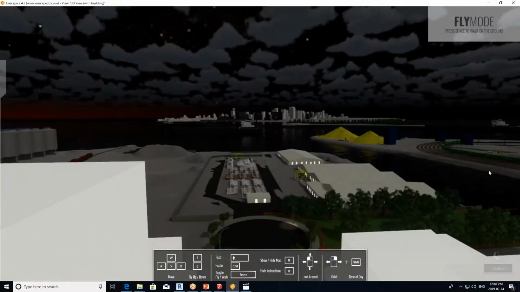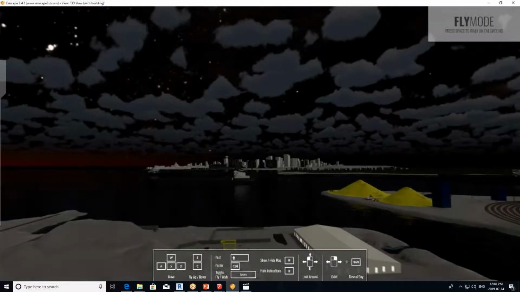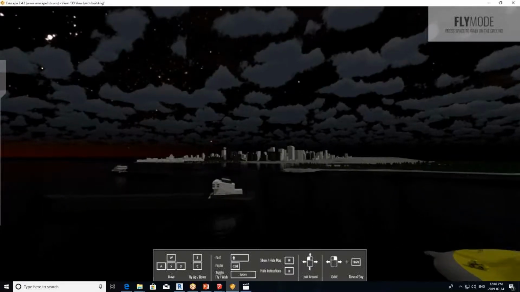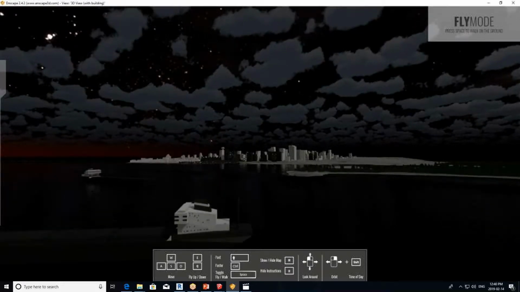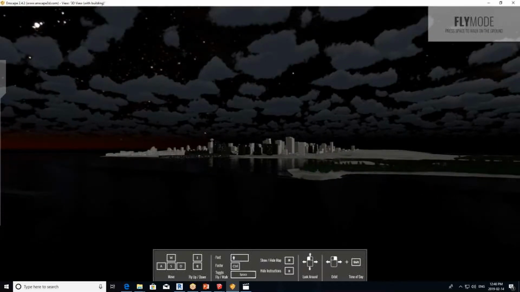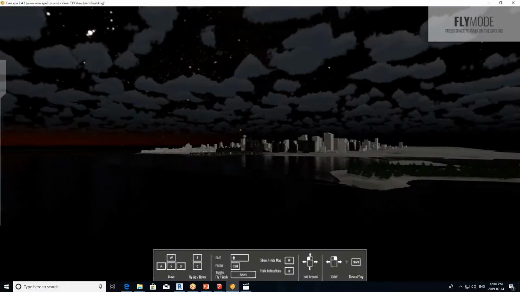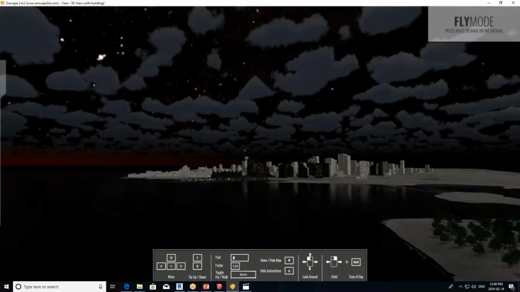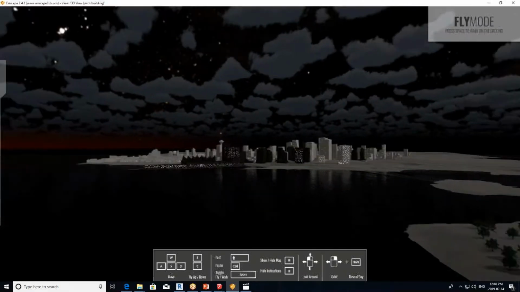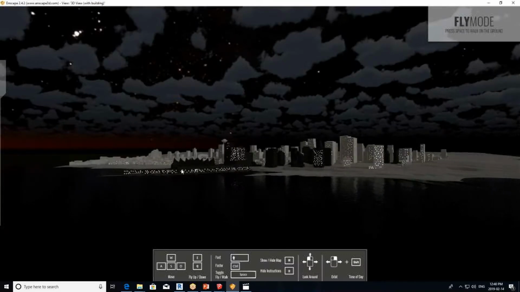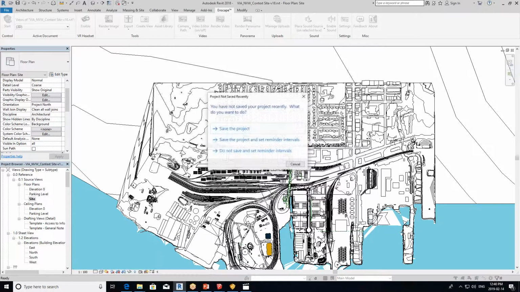Now, that's the thing about this: if you want to go to the city, I put a light into the city. So if you want to do a cityscape where it lights up at night using Enscape, I have a trick that you guys could actually use. So what I did here, so if you go, come on, faster. Unfortunately, it's kilometers, right? So we're talking C-bus speed, even though I'm going at maximum speed. Right. So if you want to make it light up at night, the one trick that you could do